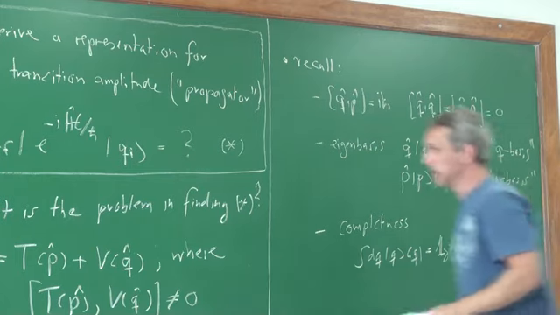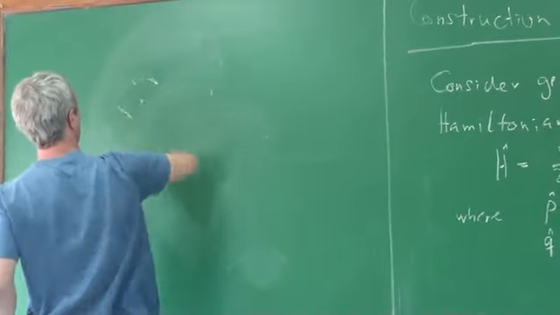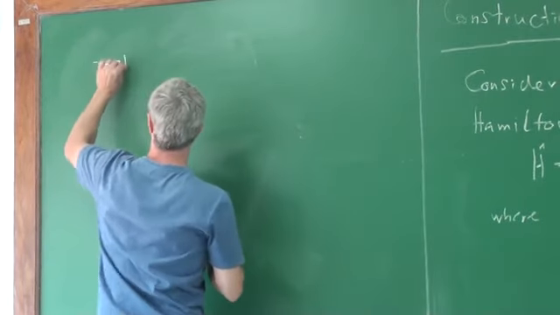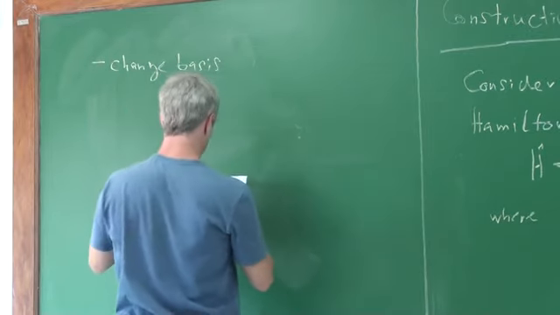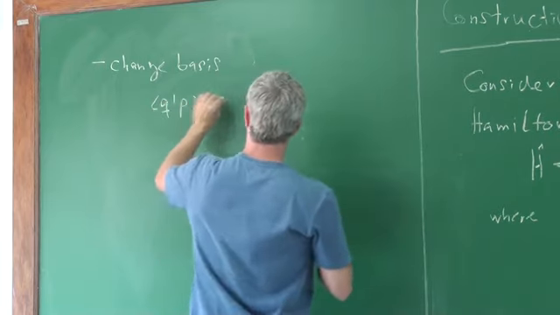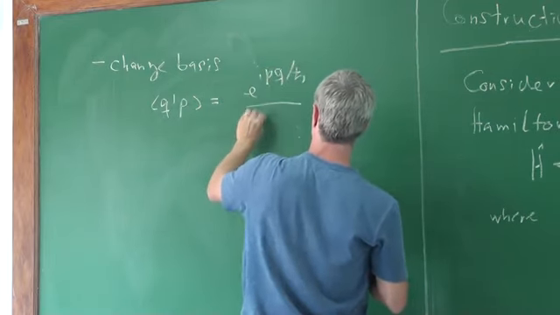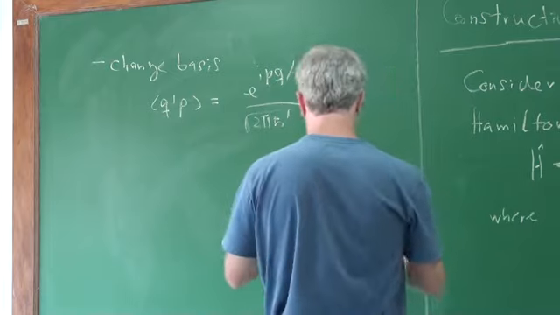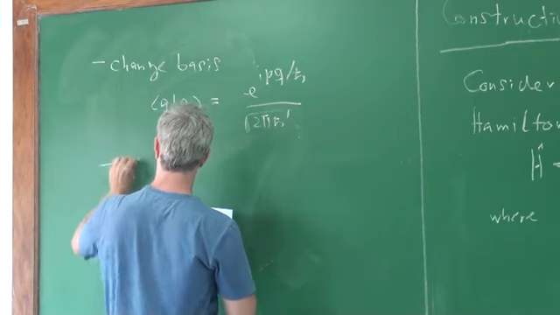Then what we will need is to know the matrix element of the change in basis. So the basis change from momentum to coordinate representation is given by the overlap of a Q state and a P state, which is given by the plane wave with some normalization factor. All this is readily generalized to higher dimensions. And then, for completeness,